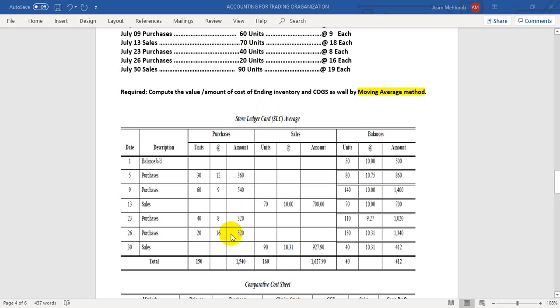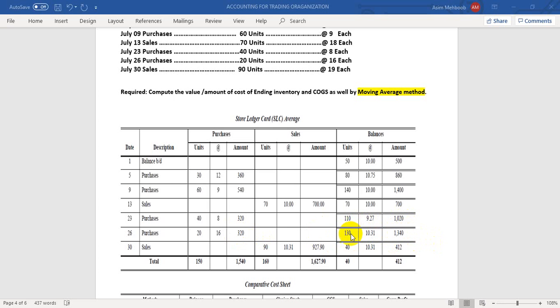Now you again purchase 20 units, you will copy 20 units at the rate of 16. So 20 multiplied by 16 will be 320. Now you will add 110 was the remaining units, 20 you just purchased, so total units become 130. And the total cost was 1020. Now the total cost of the units you just purchased is 320. So 1020 plus 320 becomes 1340. Now you got this and now you got this. So total cost divided by total units is your unit cost or unit price. So 1340 divided by 130 gives you 10.31.